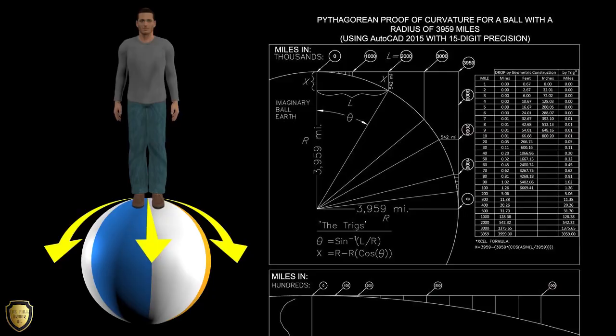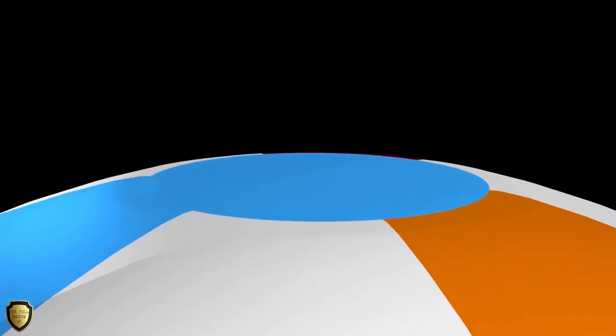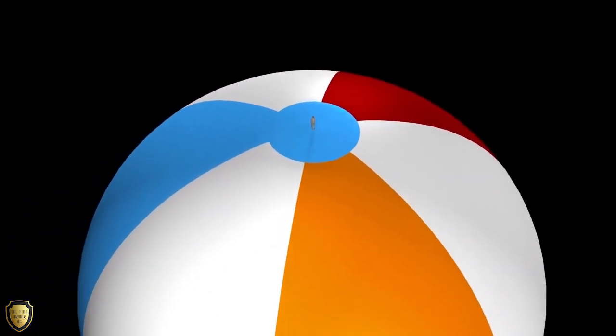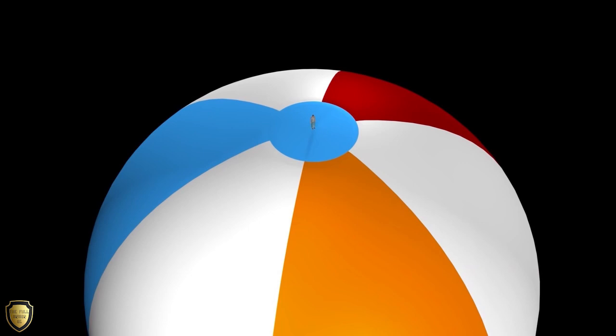But for this math to be true, and it has to be in order to maintain a 25,000 mile circumference. Okay, to be fair, I do understand what Captain Fingernail Polish is saying here. This is a typical argument that I've heard lots of times, actually. Ball earthers will claim that just like the blue circle at the top of the beach ball here, that's the visible horizon. So from whatever point you're standing on, and you're looking out toward the horizon, in 360 degrees, that